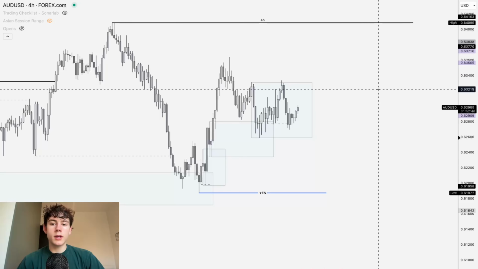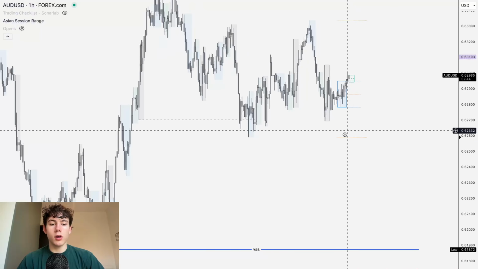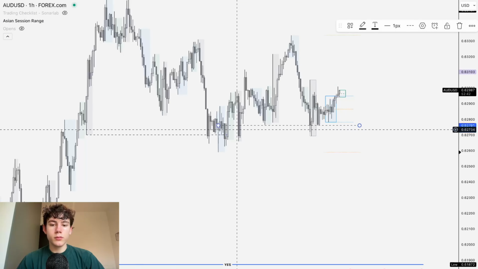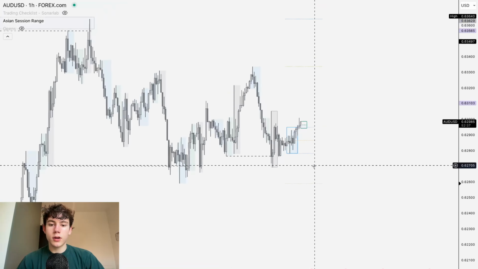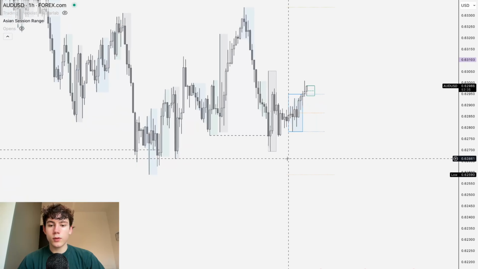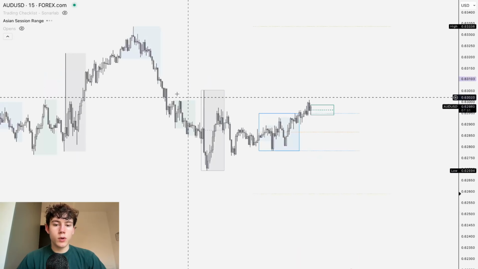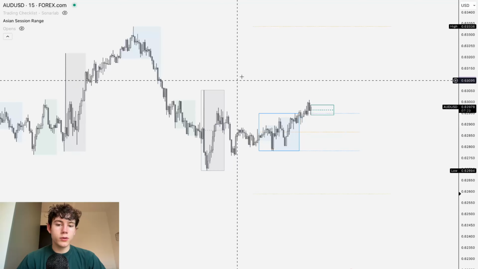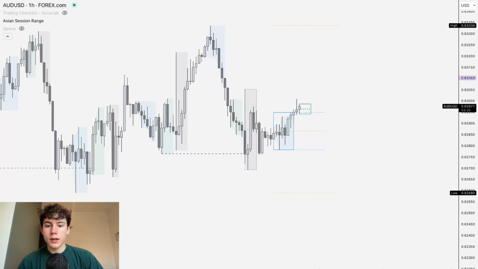So now I'm looking at longs, and I will go over to the 1 hour and see how we can enter longs. So first of all, I'm going to draw down the liquidity, so I know that we grab liquidity, and that is CPI over here, so not the best thing. Let me see. Okay,